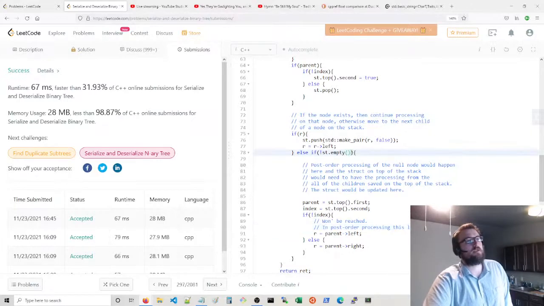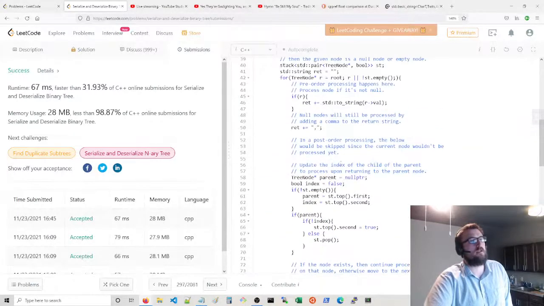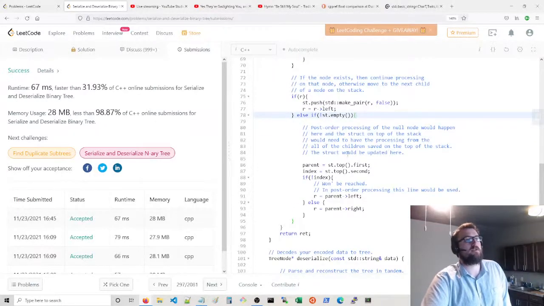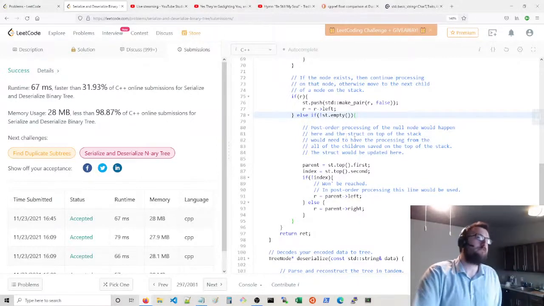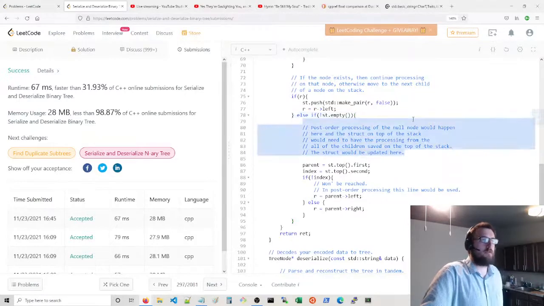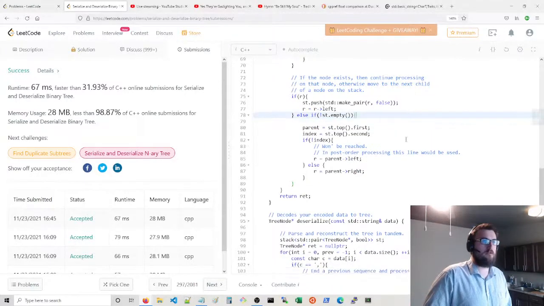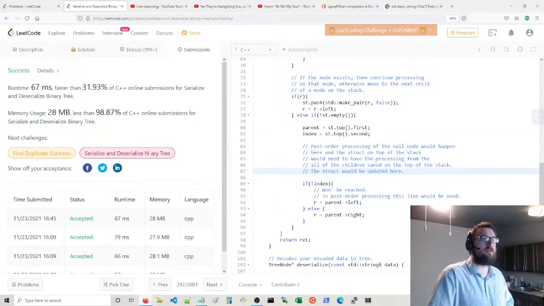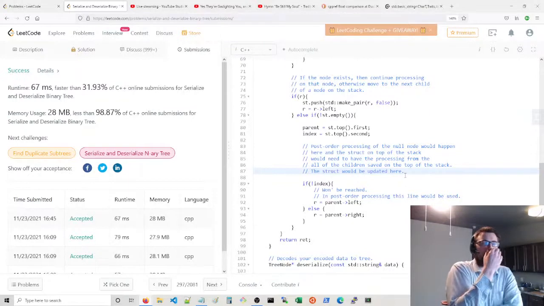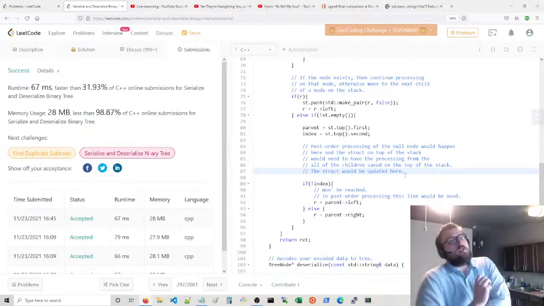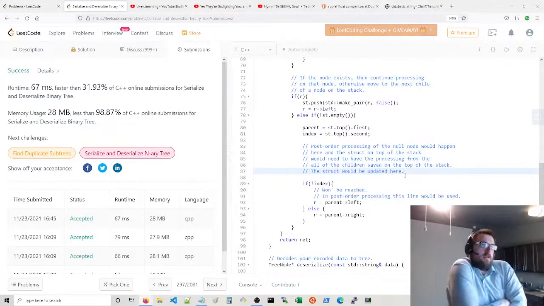Right, so if there's nothing in the stack, then we would just exit. If there is something in the stack though, you actually probably would do it below where you select the parent and the index, because you need the index in order to figure out what part of the stack you're updating. Now what's tricky is